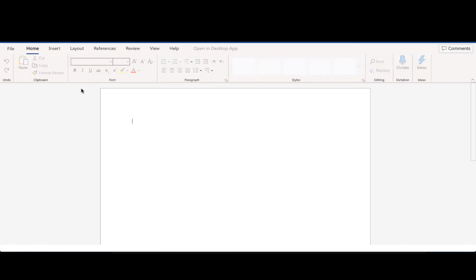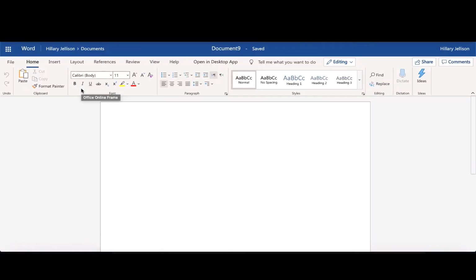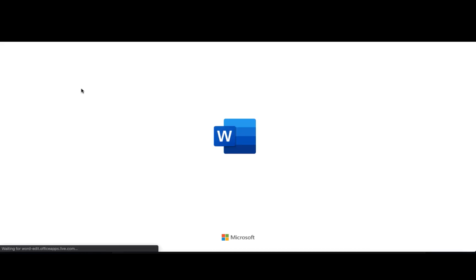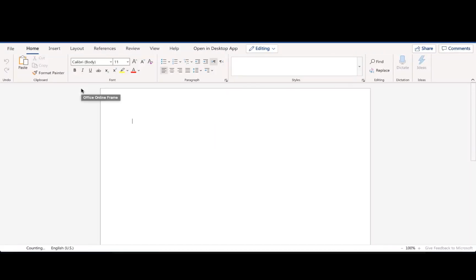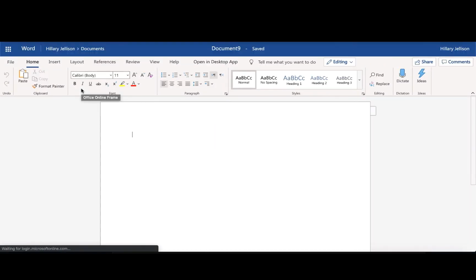Let's take a look at Microsoft Word within the Office 365 suite, and we're focusing primarily on the accessibility features that are built into the program itself. So if we look even just at this toolbar across, we're going to notice that there's the Dictate button